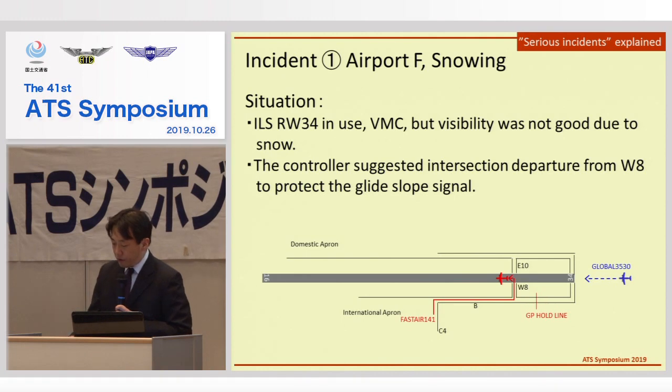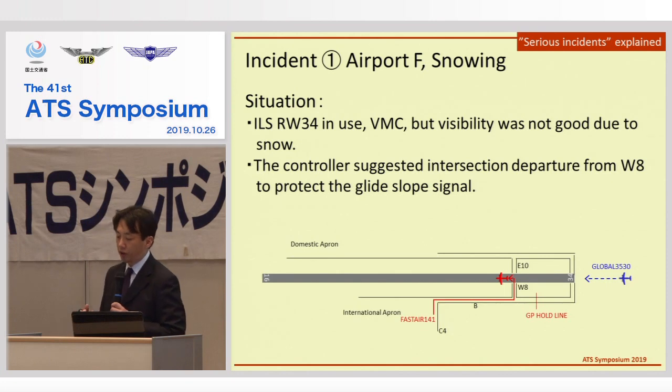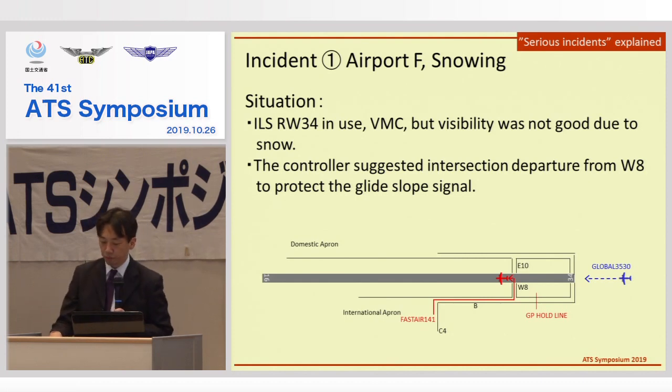Before we look at these incidents, we have to keep in mind that we are not going to analyze who was the first one who made a mistake. We are human beings, and everyone can make a mistake. Therefore, we are going to discuss who could have corrected that error and where he or she could have cut the chain of events and stopped that incident. And it is the basic idea of the pilot-controller communication loop procedure. Even if someone makes a mistake, some other person can correct it.